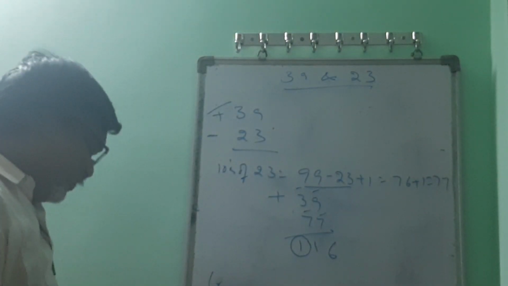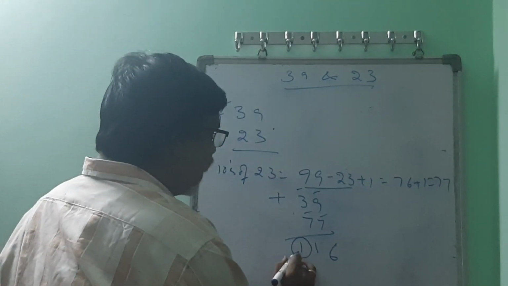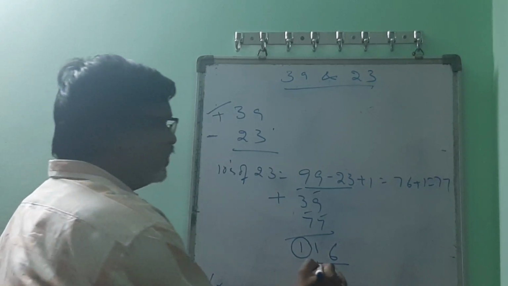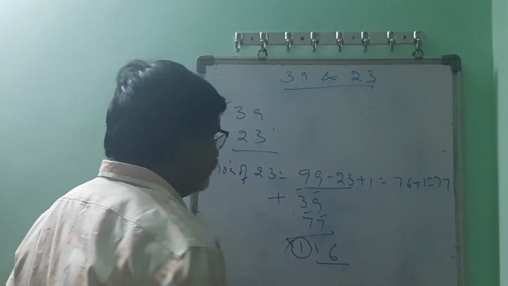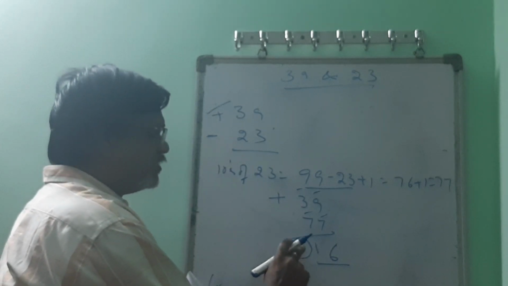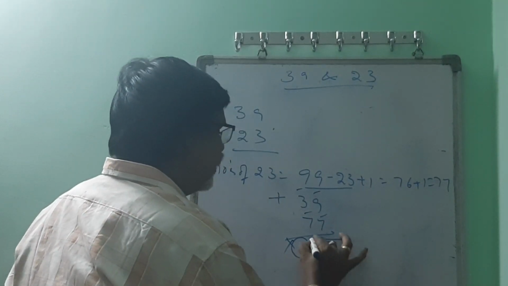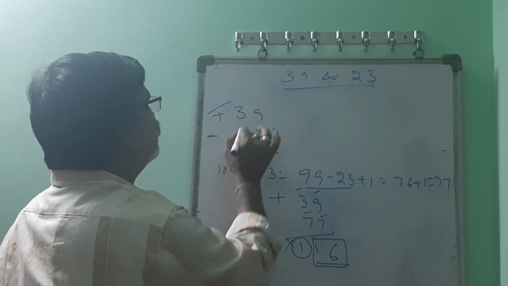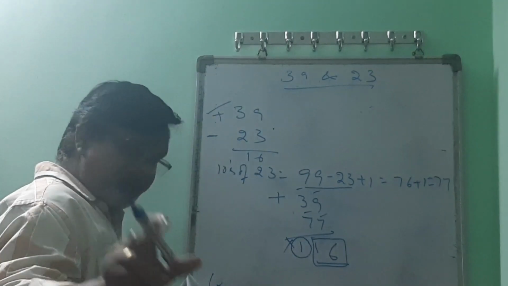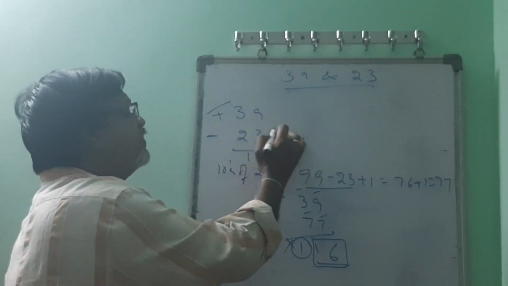In this situation, if you get this overflow, the number is the positive result, and the carry or overflow is simply discarded. Then you can consider this as the final result. So 39 minus 23, if you perform it, what you are supposed to get is 16 only. Remember, when you are adding these two numbers, this number is nothing but the tens complement of the second value.